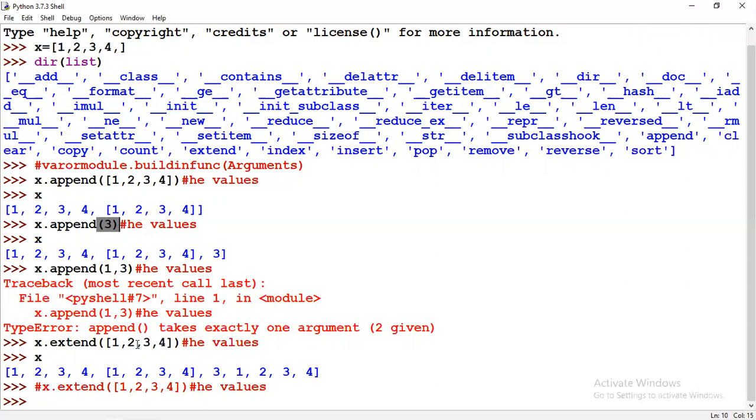In append, you can give only one value, not more than one value. That one value may be a list, a tuple, or a single digit, because append will add the complete set at the last. Extend is going to iterate the things. Iterating means it's going to extract and add at the end.